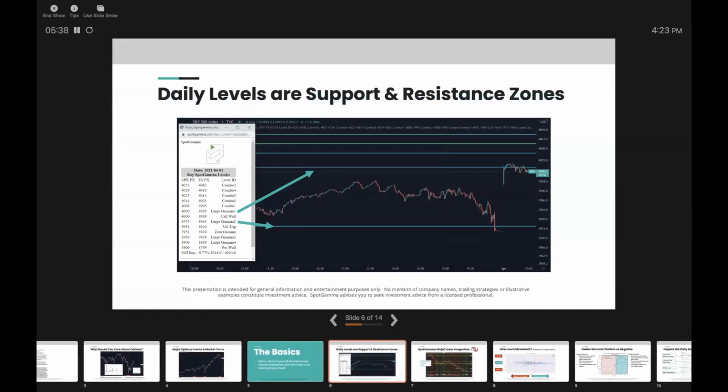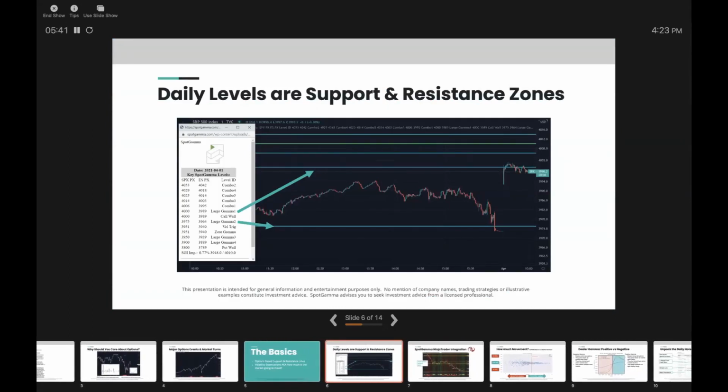So what do we do? Well, again, as I mentioned before, we look at the entire options complex. I'm going to focus on the S&P 500 here. This works the same in the NASDAQ. But basically we say, okay, here's where all the big open interest areas are in the S&P 500. And we predict, one, where are the big support and resistance zones? Obviously, those individual levels you're seeing here are where there are big strikes with large open interest. And our theory, and we have some data to support this, is that these big open interest pockets are support and resistance zones, because options hedging activity picks up